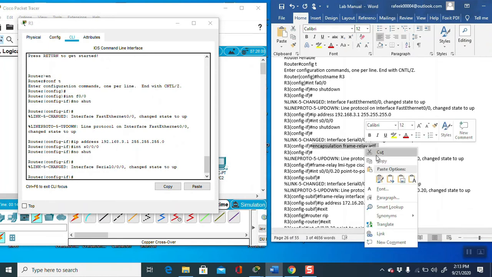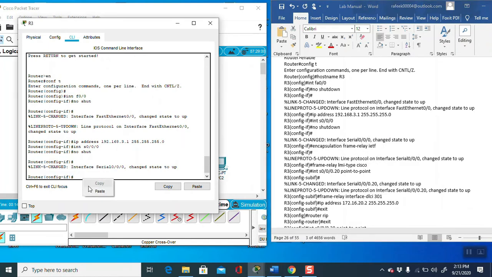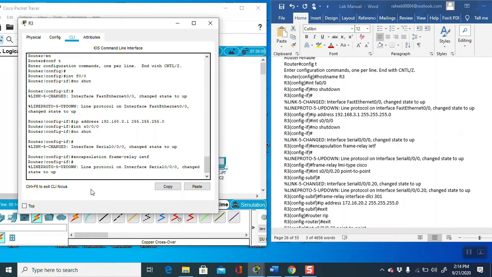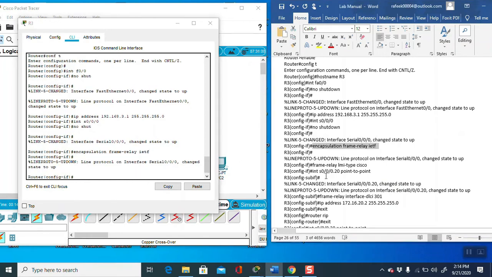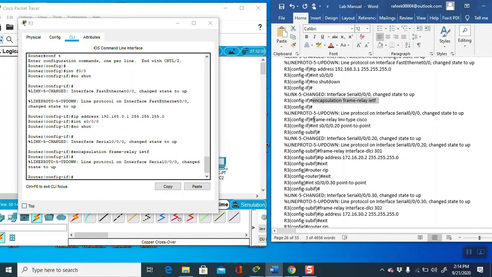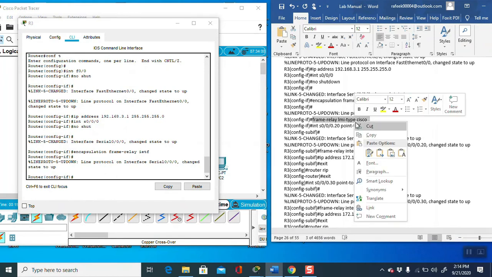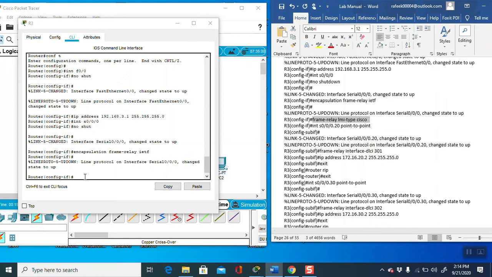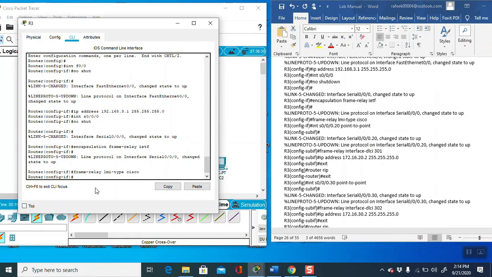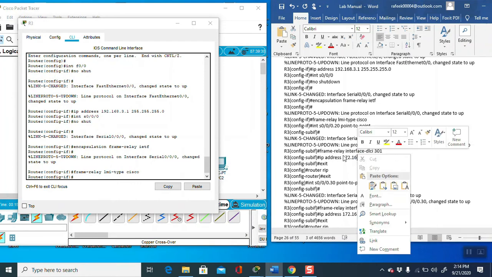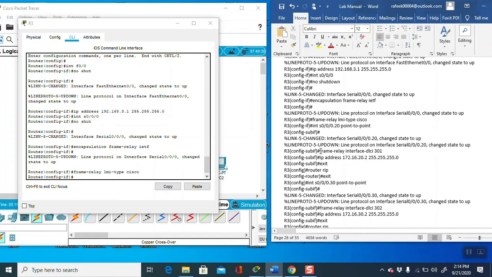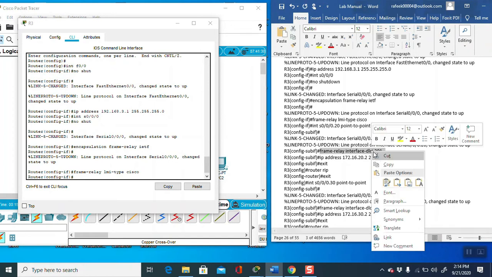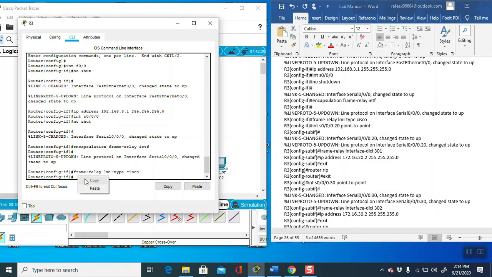Now take this command after this, encapsulation frame relay IETF, then frame relay LMI type Cisco. After this you have to copy frame relay DLCI for the connection.